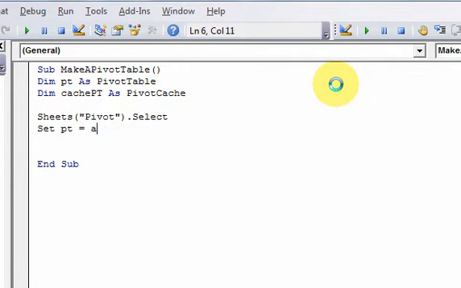Actually, I won't do this one yet. All I want to do is select the sheet right now, and now I want to do this: Set